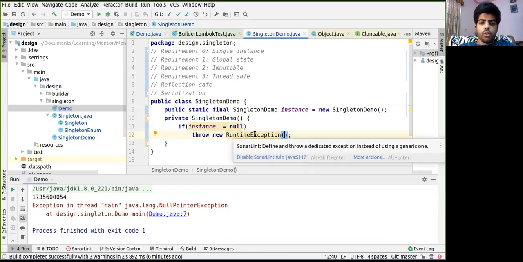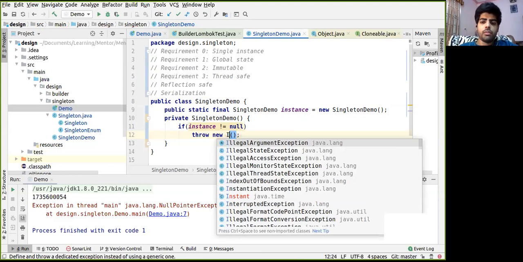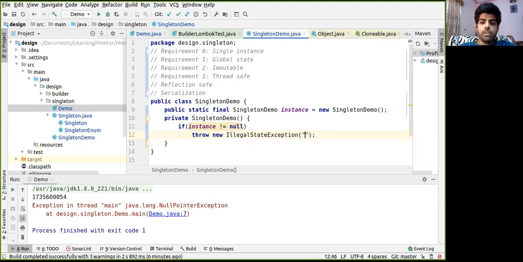Similar to the Exception class, it is not good practice to use RuntimeException directly, as it does not tell about the specific exception that occurred. So instead of RuntimeException, we'll use IllegalStateException, and we'll give it the argument "already instantiated". So whenever this exception is thrown, it will print this message.